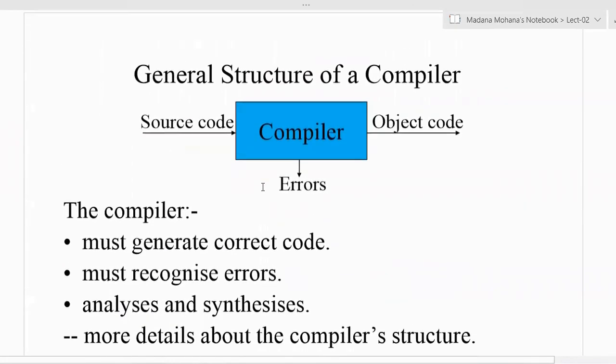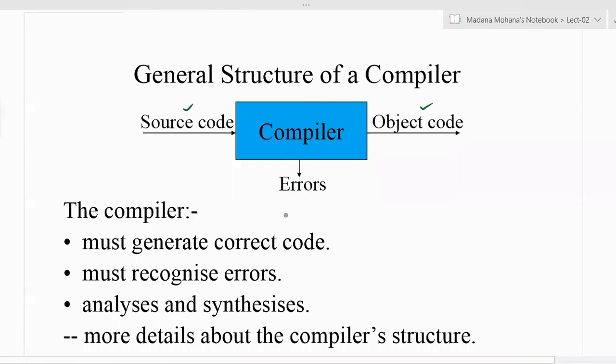Now let us move on one by one. First, recall the structure of a compiler that we discussed in the earlier lecture. A compiler takes input as the source code, then produces output as the object code. It also handles errors. Whenever errors are encountered during the phases of the compiler, those can be rectified.